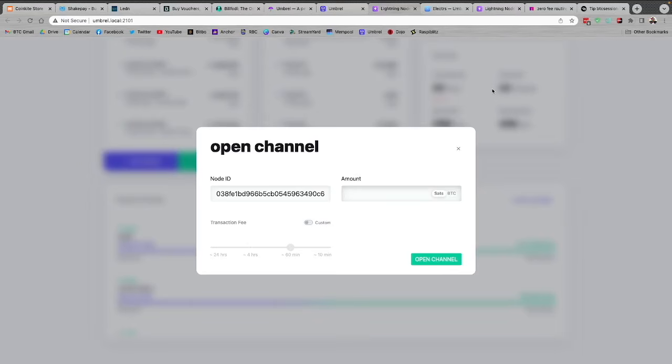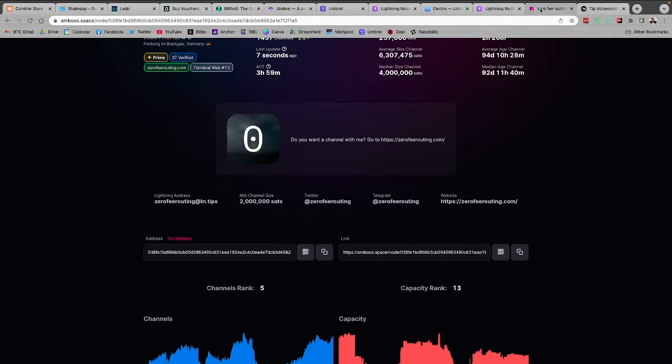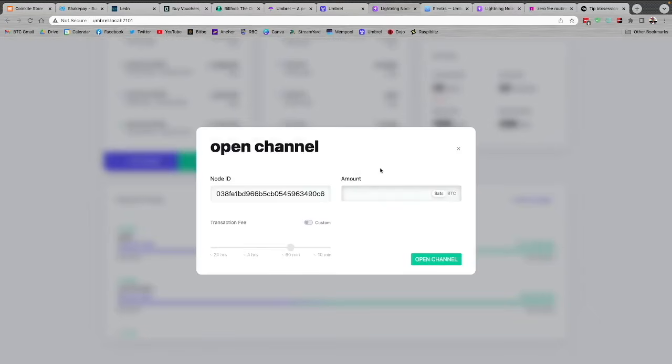By the way, it's a consideration. Some nodes limit the amount that you can open with them, aka to the downside. They maybe don't want small channels open to them. So depending on what node you're opening a channel to, there may be some boundaries there. So here I can see minimum channel size is 2 million sats. So I would be putting in